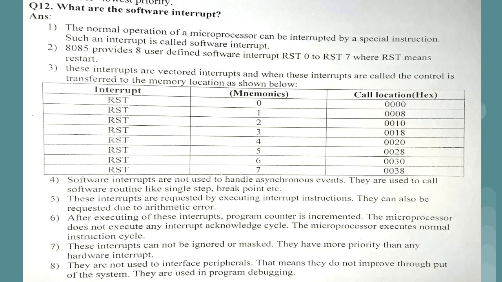Whenever we debug the program, meaning whenever we perform the execution, at that time this particular type of interrupt can be noticed. So this is the software interrupt. I hope it is clear to you. Then we will also look at the differences between these types of interrupts, which we are going to learn in the next lecture. So this much.